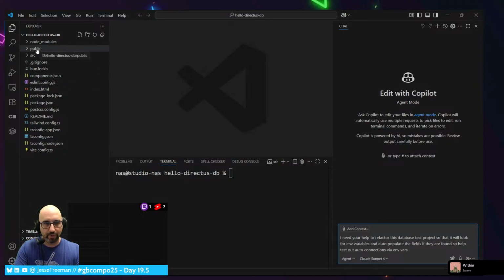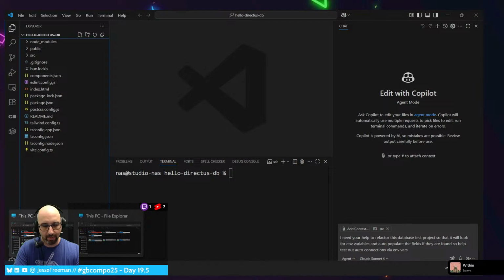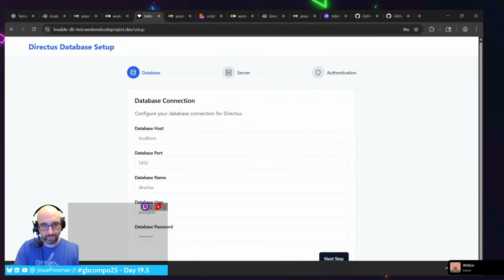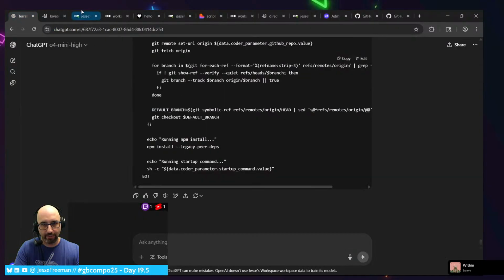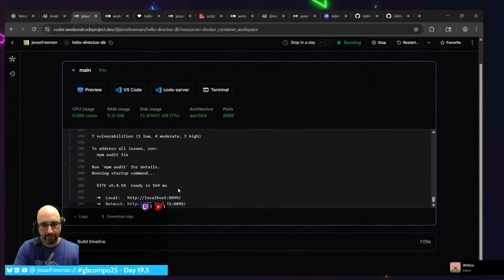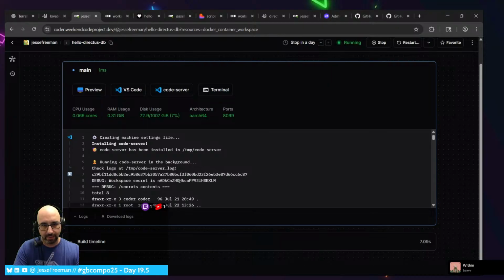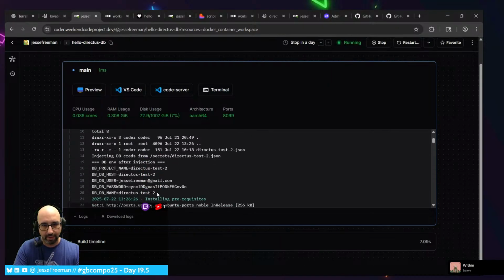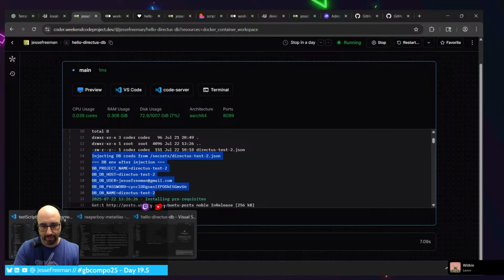So let's do this. We're going to pass in the source, and then what I need to do is give it a reference to what it actually outputs. So let's find this here, and it should be able to read this JSON.